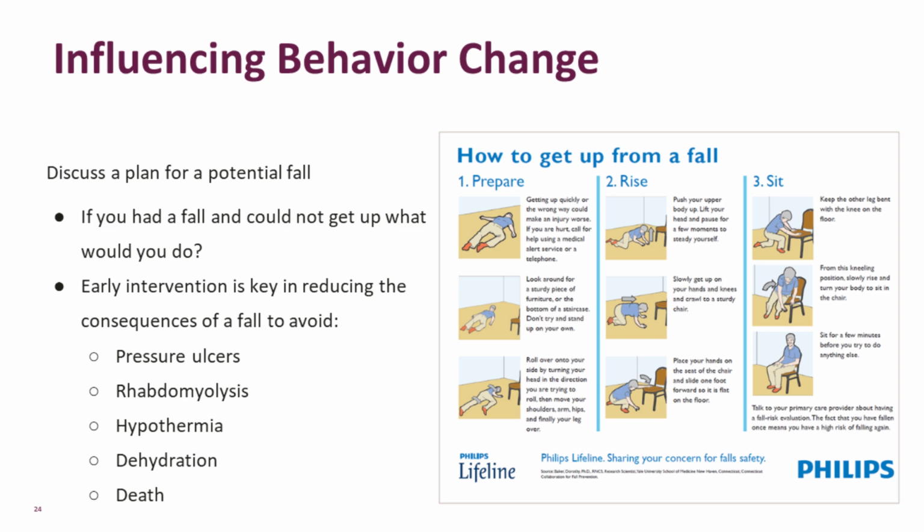So part of the conversation should include, what happens if you do fall? How can you get up if you are able to? And if we're able to get them up, as quick as we can, that can help reduce their risk of the consequences of falls. So this is a great graphic